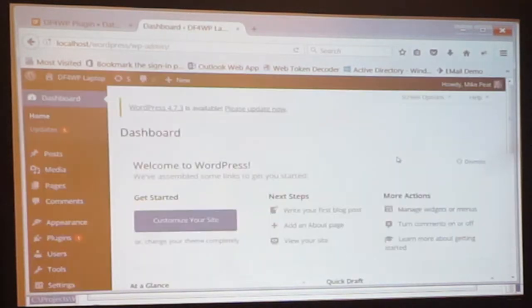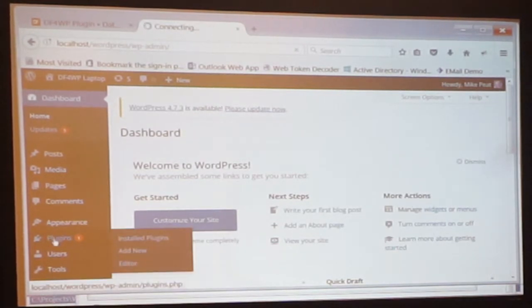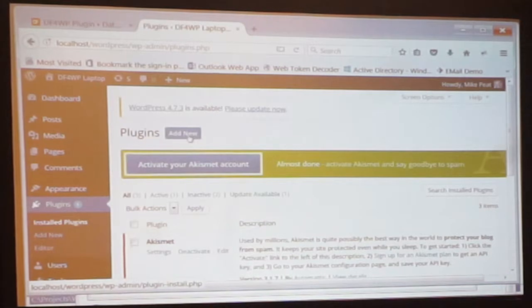And with luck, I've remembered my password. Yes, and now I'm into this screen. So I can go to Plugins and Add New